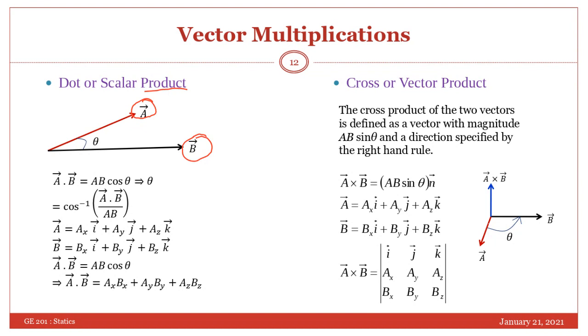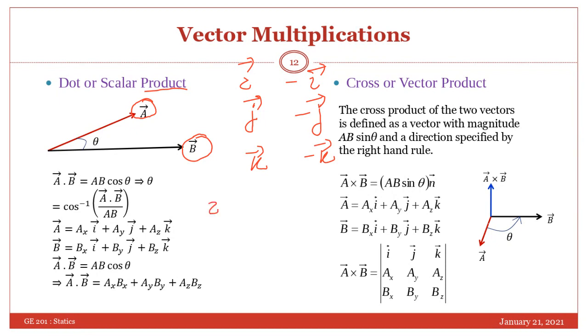Now we are going to multiply vector A and vector B through dot when they are expressed in the form of components. But before that, let us multiply the standard unit vectors, or Cartesian unit vectors. As you know, there are 6 Cartesian unit vectors: I, J, K, and minus I, which represents the negative x direction, minus J, which represents the negative y direction, and minus K, which represents the negative z direction.